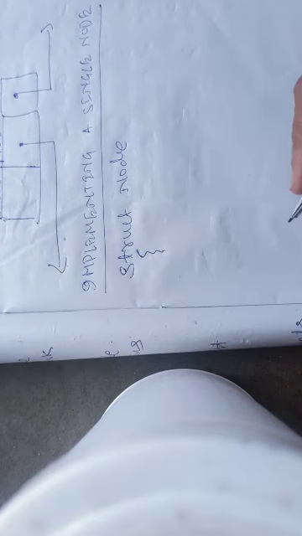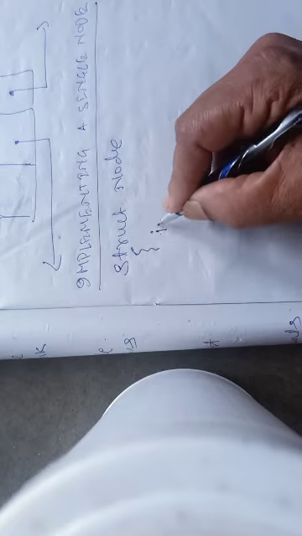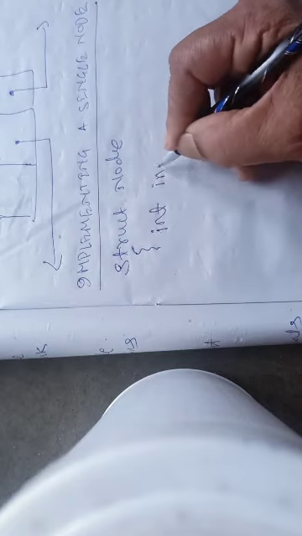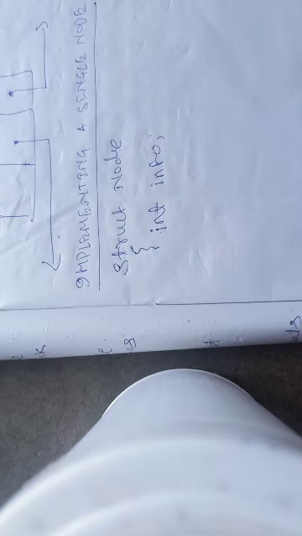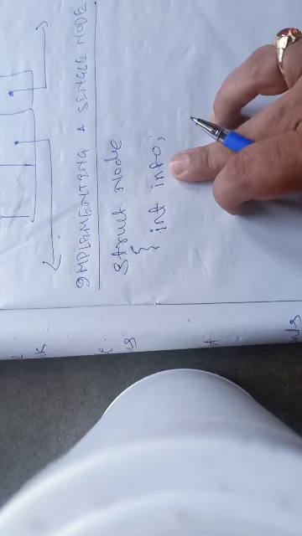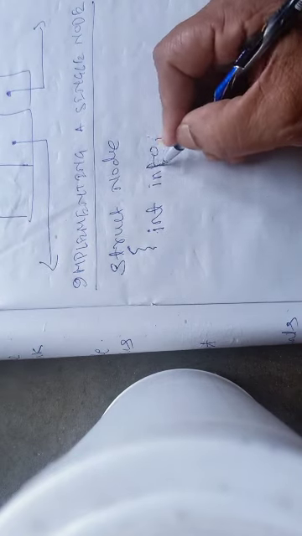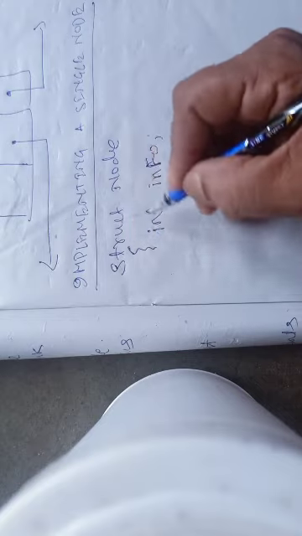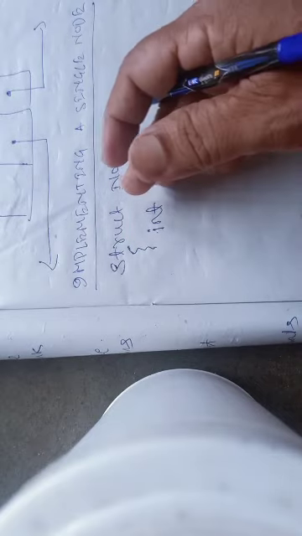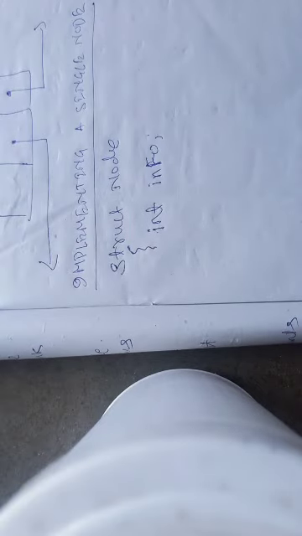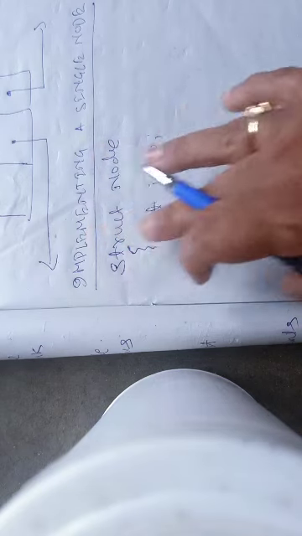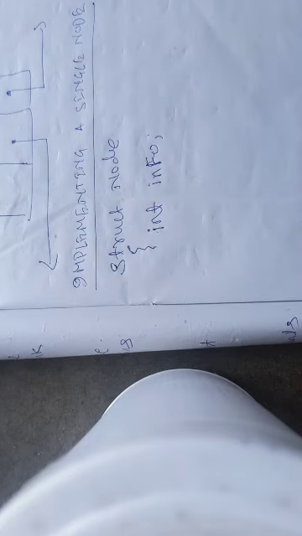In this structured data type, there must be some information field. Let us call that int info. This is my data field where I will store the data. We cannot store data right now because currently I am creating a structured data type. When you create a data type, you are not reserving any memory space. Once this data type is created, we will go for memory allocation dynamically, and once memory allocation is done, only then can we store any data.